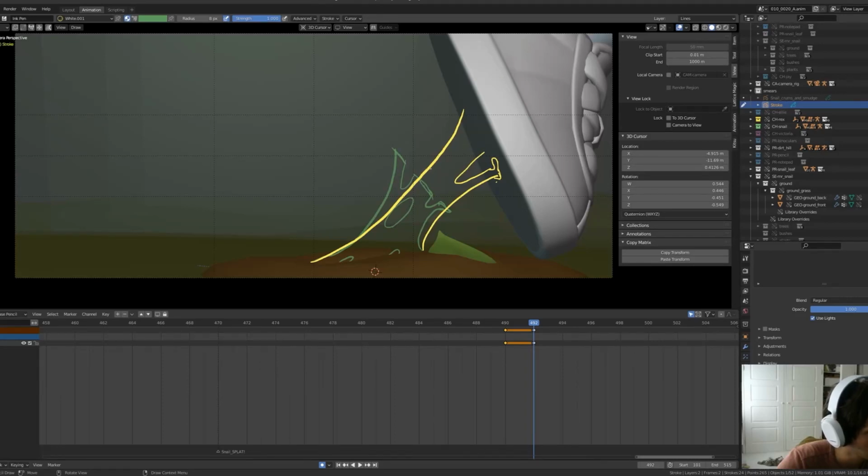Actually, I do want this to be a bit wider. I'm not too detailed right now, because this gap is getting bigger. This one too, something like that. And now let's